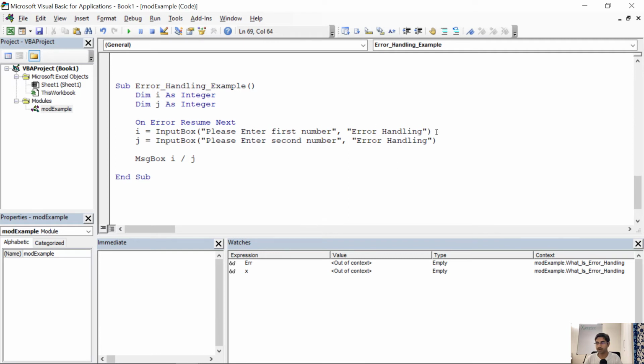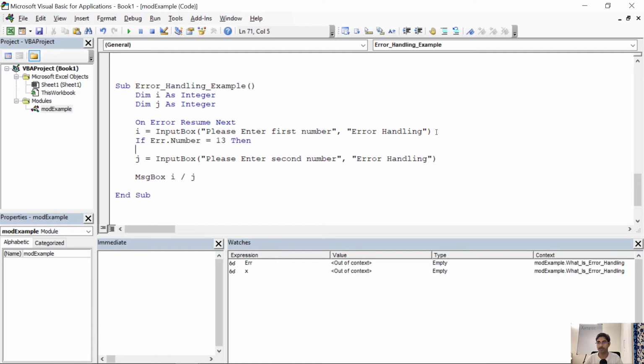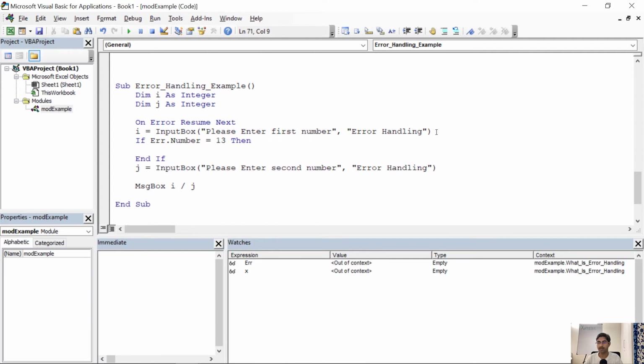What you can do here is check if Err.Number is equal to 13, then, and so how do I know this number 13? Because